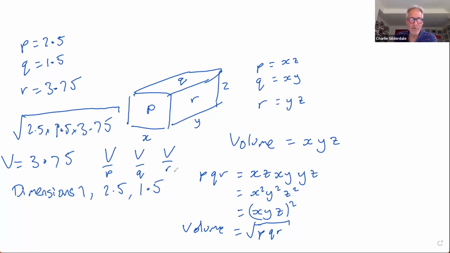Sorry, I had your drawing covered up by my chat. Ah, okay. And I was thinking of P, Q and R as the lengths rather than the areas. Yeah, so that's the thing. So I was quite surprised that if you specify P, Q, and R, that is then uniquely specifying the cuboid, because the volume has to be the product of the 3 and then square rooted. And then as soon as you've got the volume, then you can work out the 3 lengths by dividing by